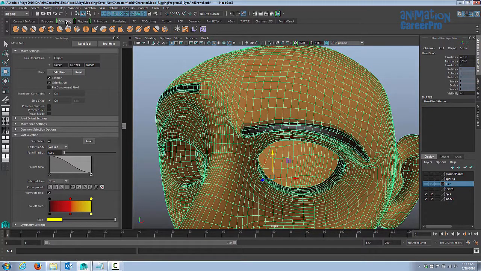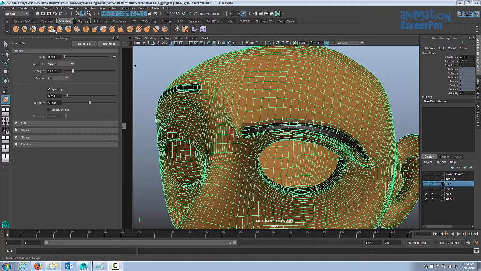So if you go up to your sculpting shelf here, we have a whole bunch of different sculpting options here, but we want to use the smooth sculpt. If you hover over it, it should tell you which one it is. If it doesn't, you can look at the bottom of the interface in Maya, and it will tell you which one it is. Right now I'm just going to use the smooth tool, so I'm going to click on that, and then it gives me the smooth tool options. We have our brush size and strength, which would be the two that I would adjust as I'm working here.